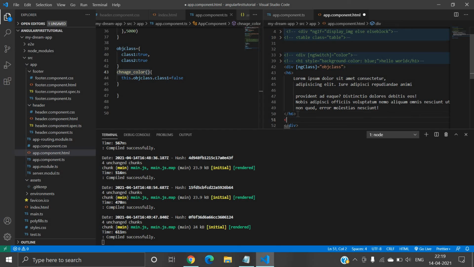This function I will use inside the HTML file. I will just use a button tag. Inside this button I will use a click event. I will paste the function name inside, and after that I will write the button name, let's say Change Now.